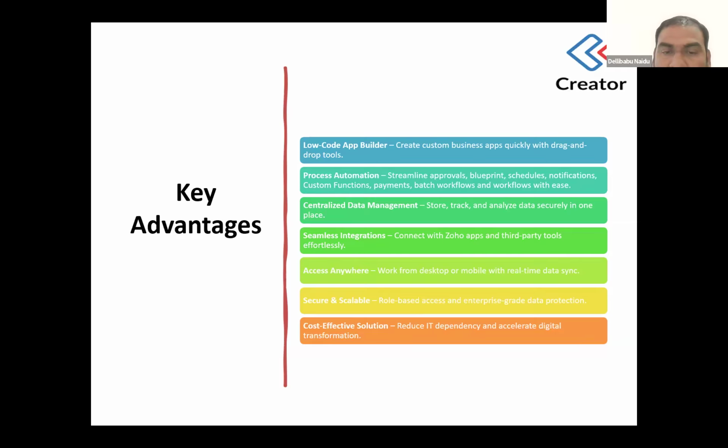Ultimately, the final thing, cost effective solution. Here you can reduce your IT dependency. I'm not ignoring IT. I'm just saying, from an application point of view, it will be in a central place. It will be in cloud. In the single application, you can have multiple applications. Suppose if you have internal or external or somewhere else in the server, an IT team is required. I'm not against the IT team. Just here, if you use this one, you can completely avoid that dependency, and you can easily automate.